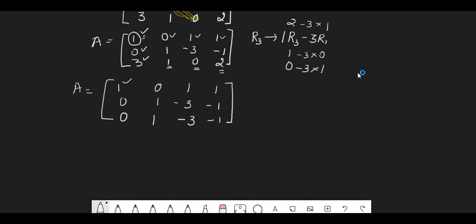Next diagonal element is second row, second column. Okay, which is that? Isn't it this? 0 minus 3. 1. No. Diagonal element. See, this is my diagonal. This is done now. Next, concentrate on second row, second column element, which is 1.